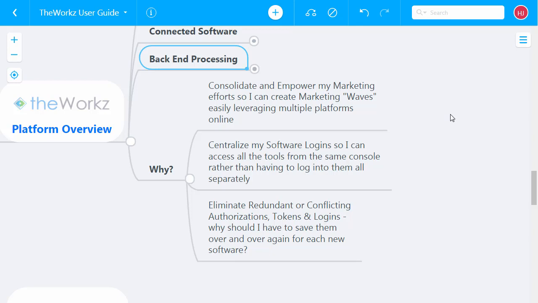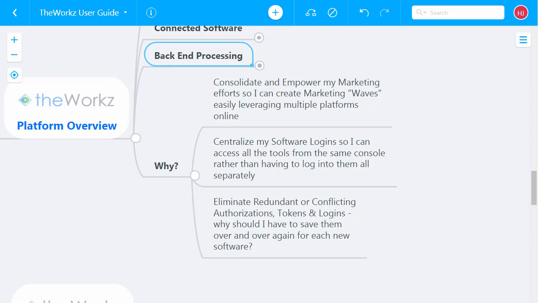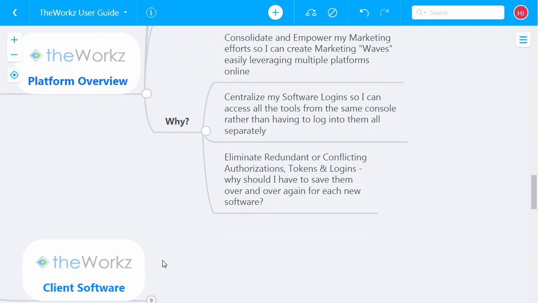The second reason is that I wanted to centralize all my software logins so I can access all the tools from the same console rather than having to log into them all separately as before TheWorkz. And the third, rather important reason is to eliminate redundant or conflicting authorizations and token logins.